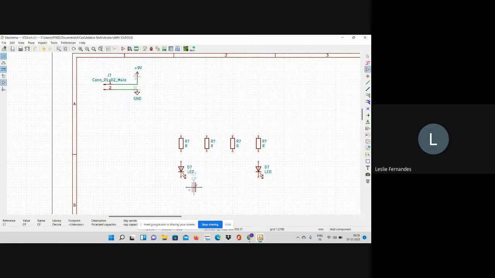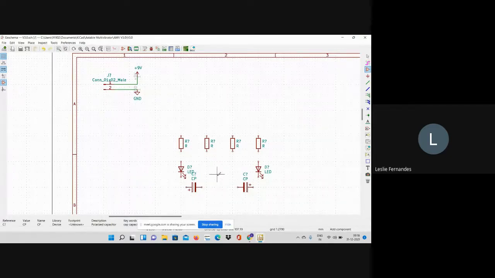Similarly, I need a capacitor on the right. So I'll press C for copy, copy it and place this capacitor on the right. I just need to rotate it. I'll press R, rotate, and place this capacitor. So now my capacitors are done.